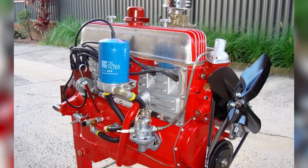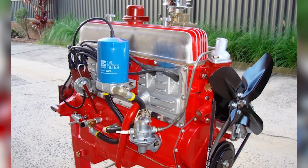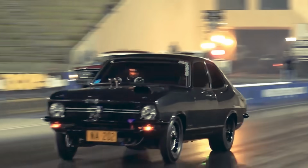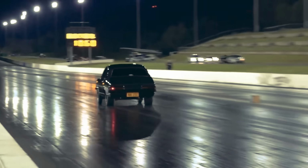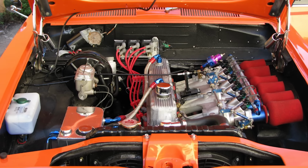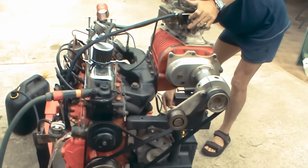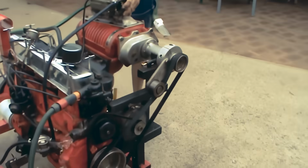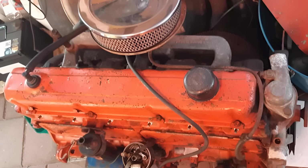Meanwhile, 202-powered race cars were beginning to shine. And as the 202 began to shine on the racetrack, GM's efforts to keep it under wraps started to unravel. No longer confined to dyno charts or lab reports, the Holden 202 now entered a place where the truth couldn't